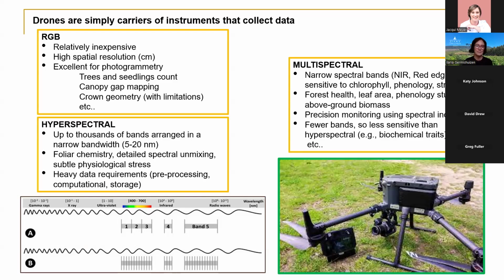particularly when we look at stand level assessments. And then we have the hyperspectral sensors, which have thousands of bands arranged in a very narrow bandwidth. So we have many more readings for the same part of the spectral readings, and those provide much more defined and detailed information. They're very important, again, for foliar chemistry and subtle physiological changes,